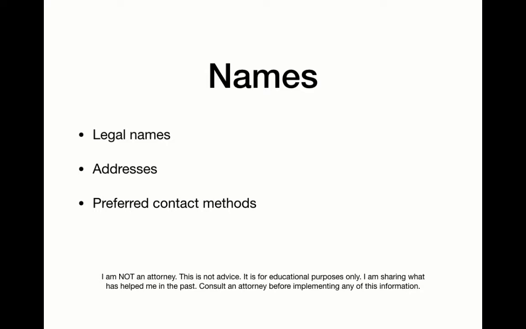Names. Contracts have to have the names of the parties. Who is the contract between? Make sure the names are legal names. If you're doing a website build, for example, for Joe Smith, then it would be Joe Smith. But if you're doing it for Joe Smith's plumbing company, then the legal name on the contract would be Joe Smith's Plumbing Company. And he would simply be the signer, assuming he's the owner or manager. Definitely put the addresses in there, and then I like to put preferred contact methods. If people prefer to be reached by text or email, make sure that's noted and that information is available in the contract. That makes life simpler.